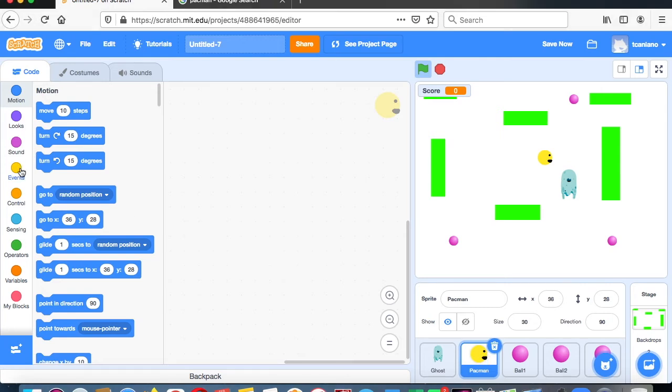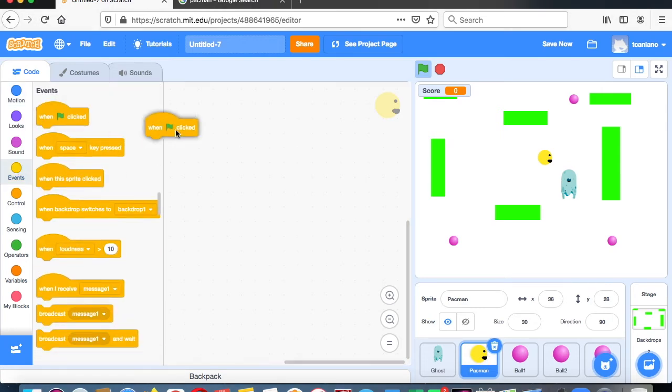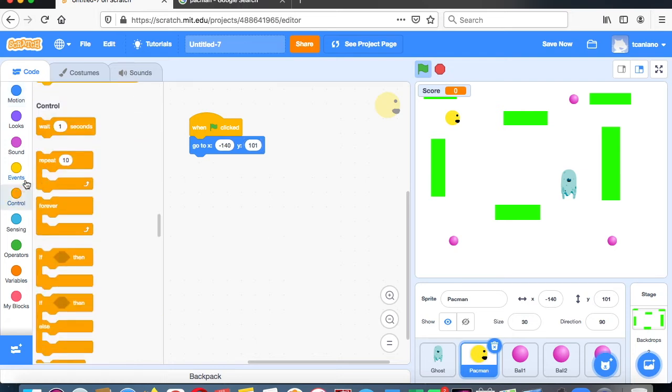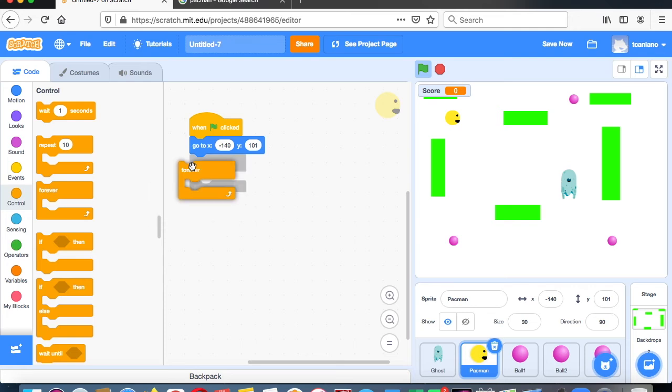I'm going to say events. When the flag's clicked, where do I want him to go to? I want the Pac-Man to start over here. -140, 101. So it's up to you. You could put them where you like. It's no big deal. Then I'm going to say control, and I'm going to say forever, and I'm going to